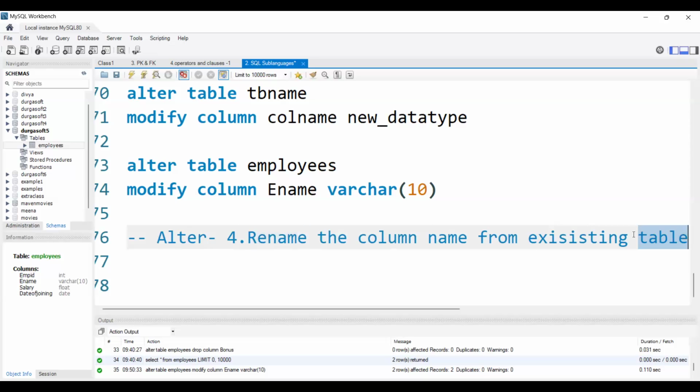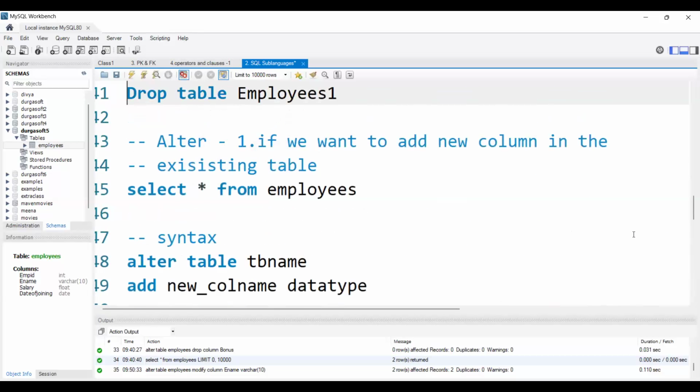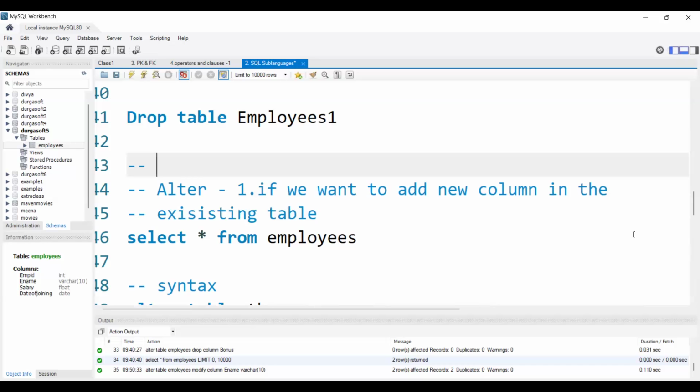Whatever we have done so far, we are using the alter command to make some changes in the existing table only, correct? Let me write that point also. Used to make some changes in the existing table.